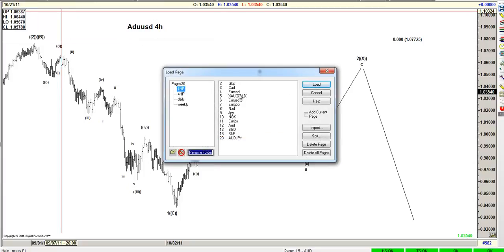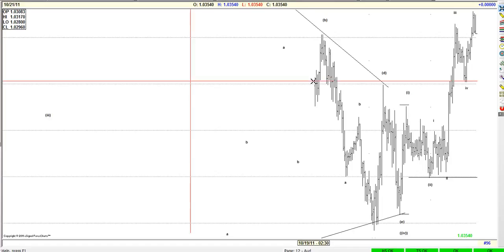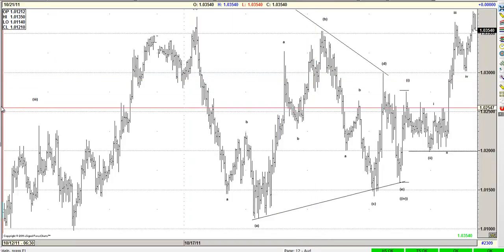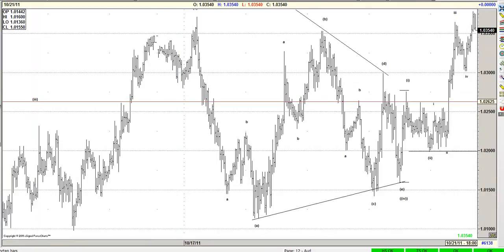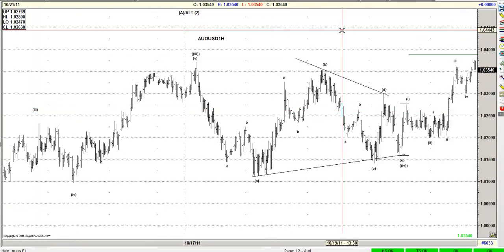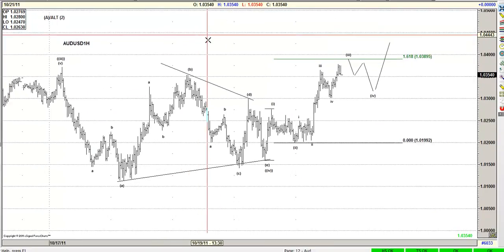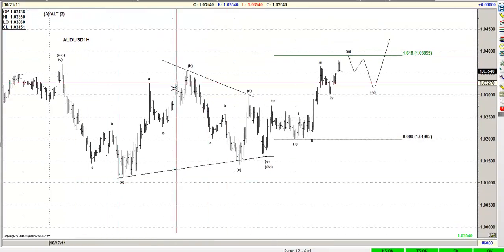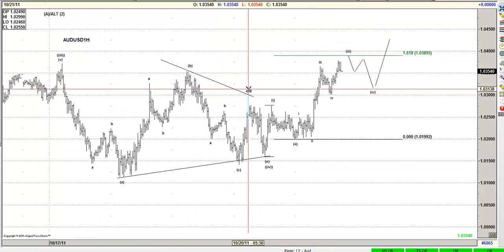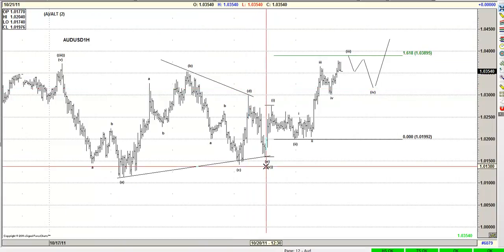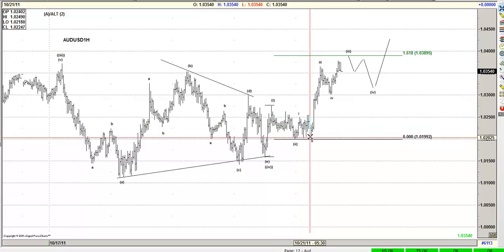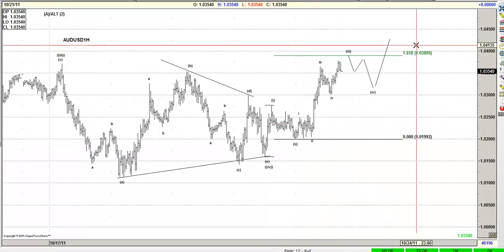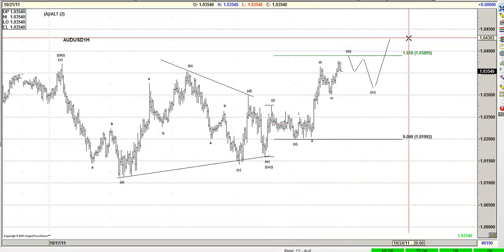So keep that in mind, and looking at the small time frame chart like the 1 hour, you need to take a look at this. It looks like Aussie, like the dollar, most likely did a triangle right here, where we have A, B, C, D, E, and then from there it goes 1, 2, 1, 2, 3, 4, 5. Something is going to happen, something like this.